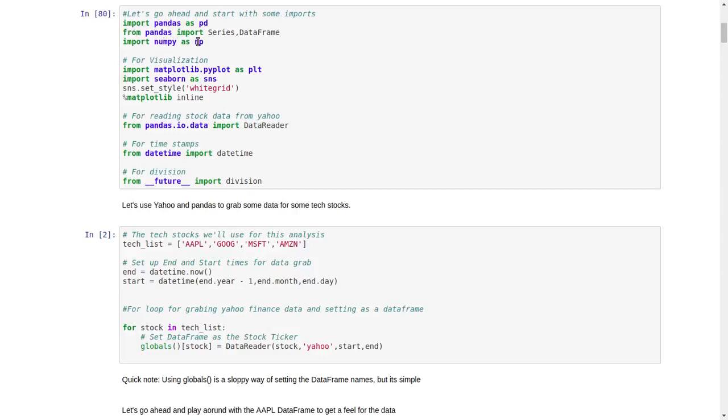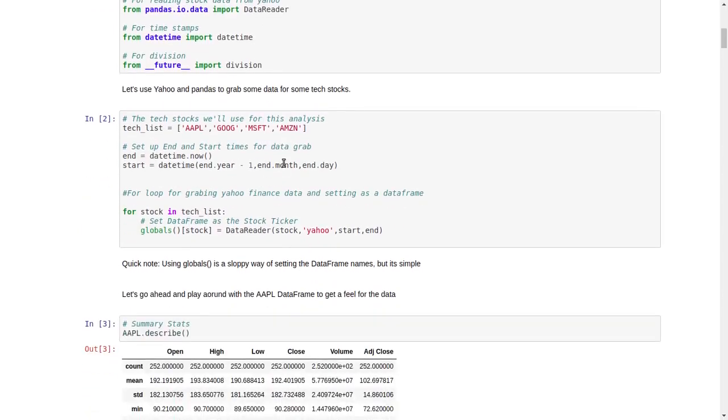Then from Pandas we have imported Series and DataFrame. From NumPy we have imported NumPy. Now we have imported all these modules. After that we have imported data reader for reading stock data from Yahoo.